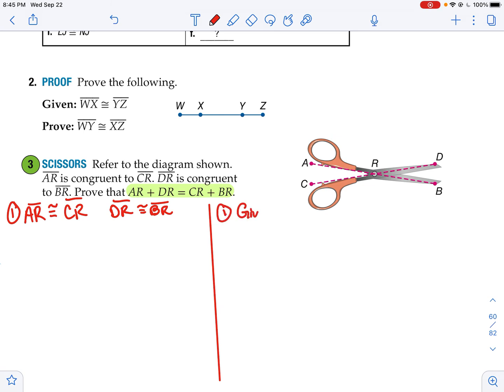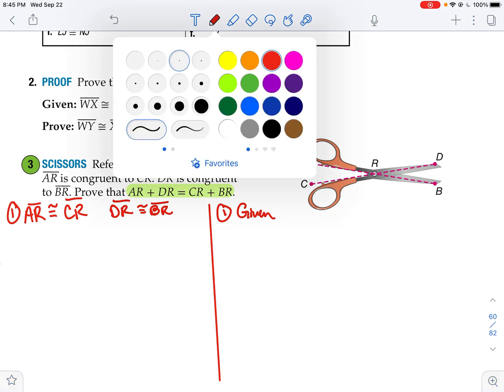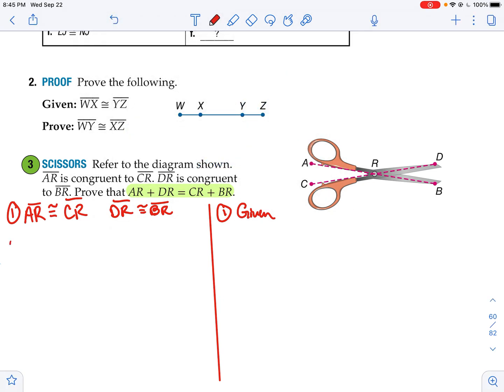Well, this was given. But I have no numbers. I have no real information. All I have to go off of is these congruent statements. But what does it mean to be congruent? To be congruent, it means that they're equal. Looks like a Baskin-Robbins logo. So that is my definition of congruence, saying that if they're congruent, then they are equal. Okay. Now that I've got that they're equal,